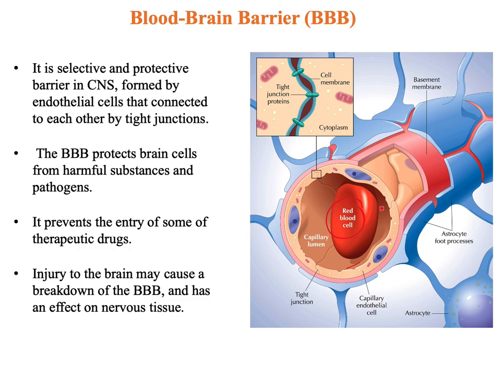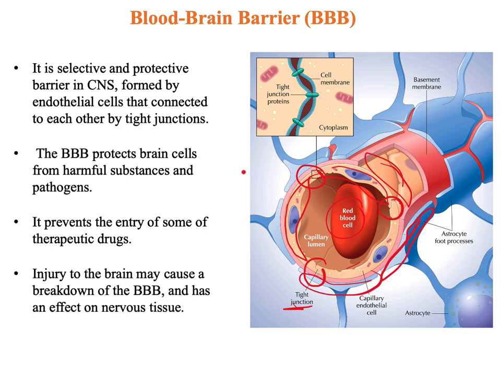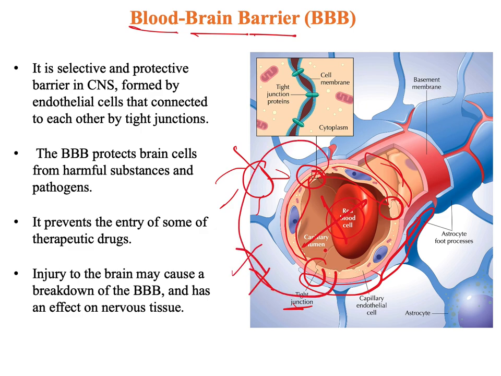And look at the wall of the blood vessels in the brain, which is specialized, in which it's lined by endothelial cells here, and the endothelial cells are connected by tight junctions, right? Also supported by pericytes and the astrocytes here, and there should be neurons here. So all of these cellular elements form what we call the blood-brain barrier. That means a barrier between the blood and the brain here. So these cellular elements, including endothelial cells, tight junctions, pericytes, astrocytes, neurons, all of these form